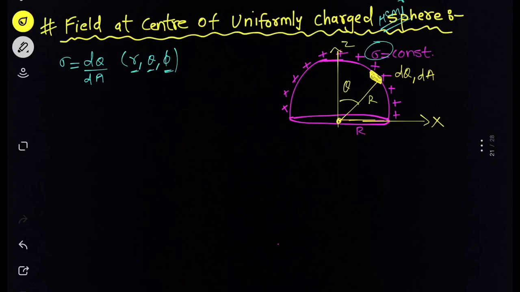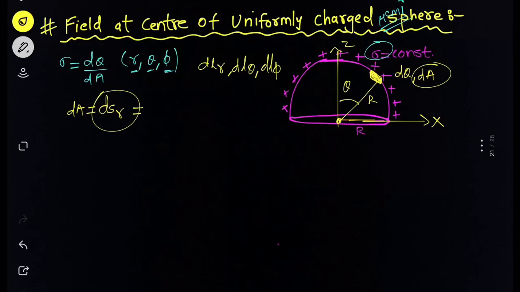Now, as we know this area element is on the surface, so we write dA as the area element of the surface, dS_r. As we know, in spherical coordinates we have dl_r, the small displacement element in the r direction, the small displacement element in the theta direction, and the small displacement element in the phi direction. We have done it in my previous videos. I will attach the video thumbnail at the end of this video. You can go and check it out.